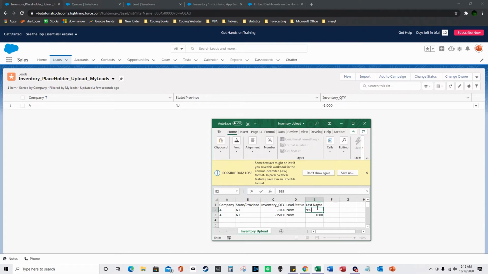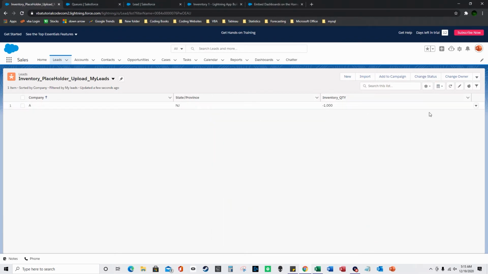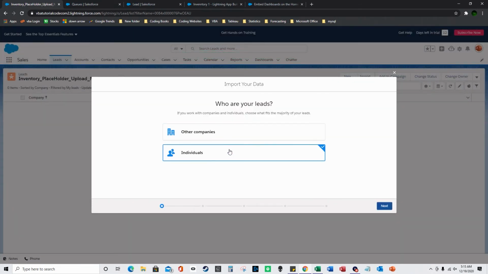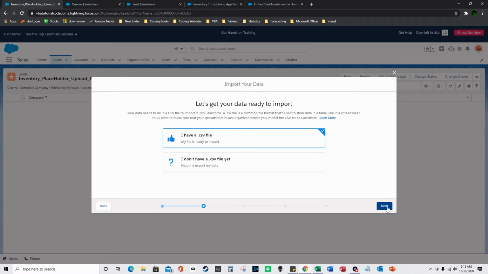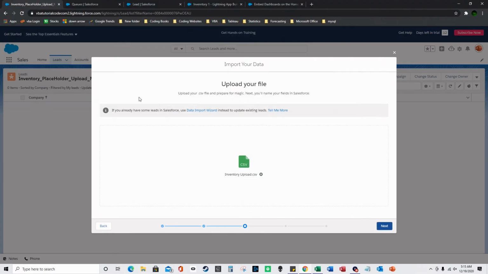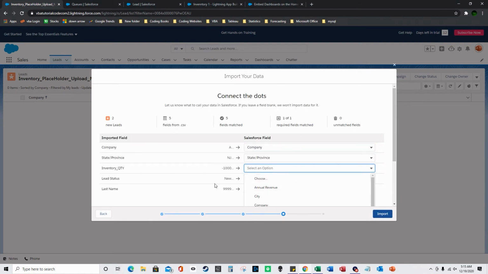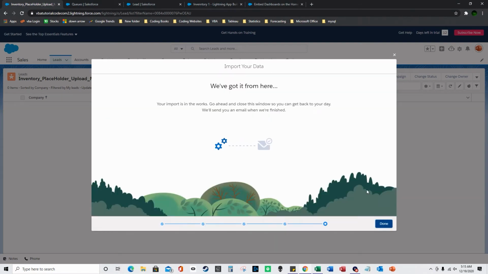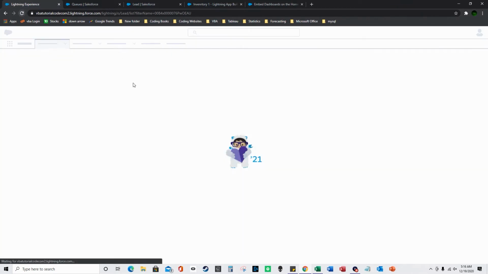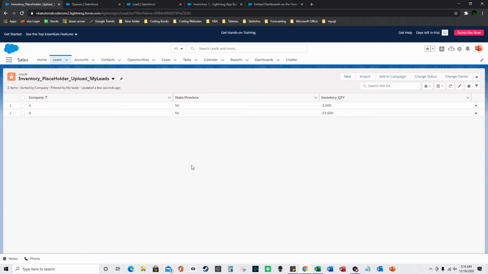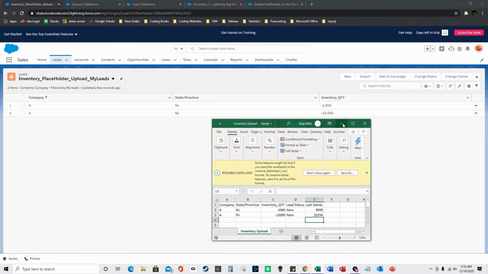So let me make these unique. And then click save again. So I'm just going to delete this lead and import. So whenever you upload something, if it's not unique, then Salesforce automatically doesn't upload it, based only on the last name for leads. So if you only see one row when you upload, then you know you had an issue. So now I just uploaded the two rows. So you can do negative numbers if you need to subtract out values